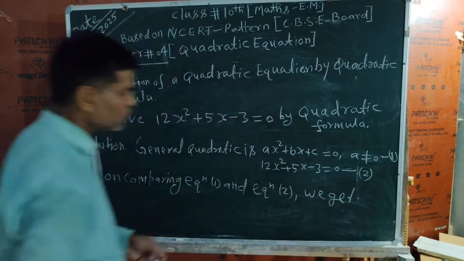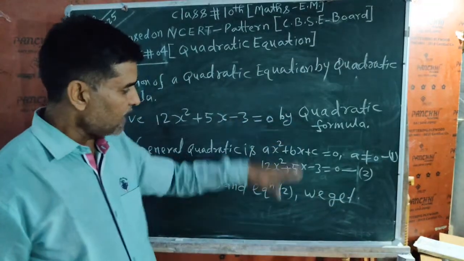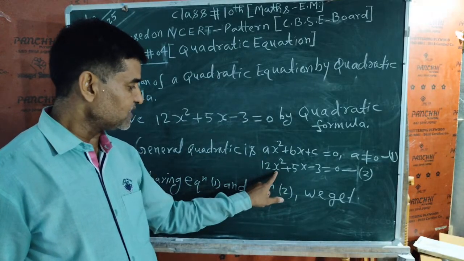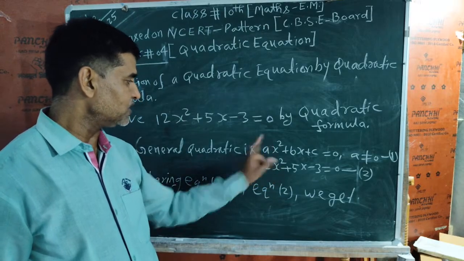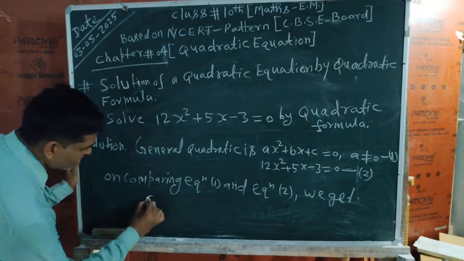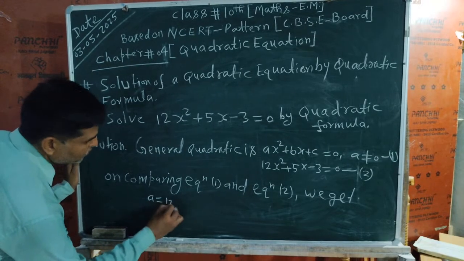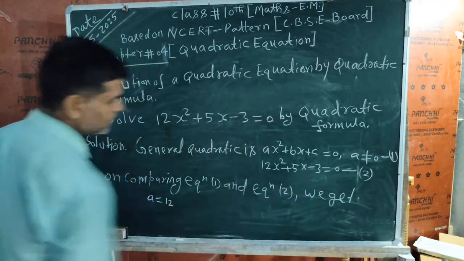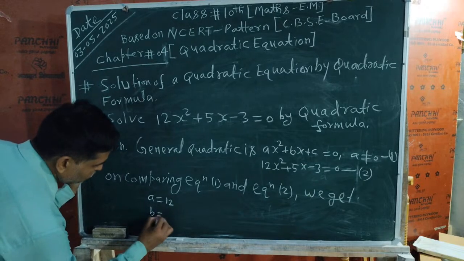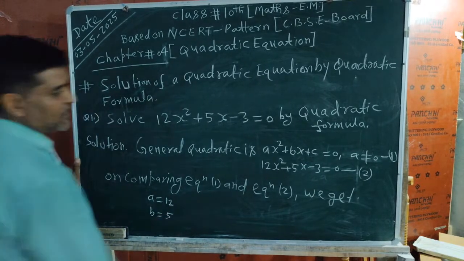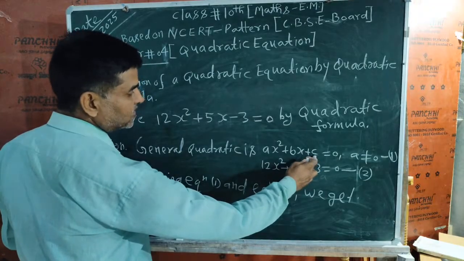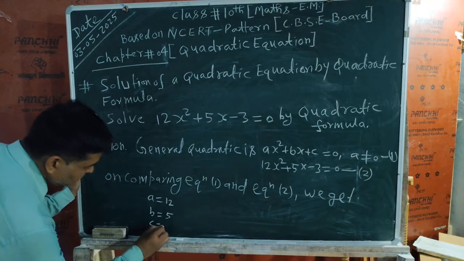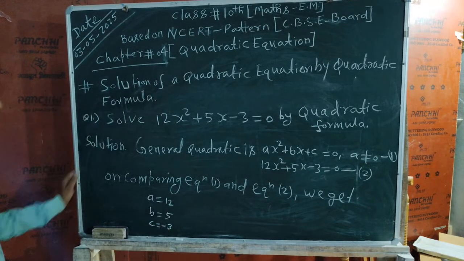Here I have to compare equation 1 and equation 2. The coefficient of x square is 12, and in the general equation the coefficient of x square is a. So I will write the value of a is equal to 12. Now the coefficient of x is b, and here the coefficient of x is 5, so I will write b is equal to 5. Further, in equation number 1 the constant term is c, but here the constant term is minus 3. So I will write c is equal to minus 3. Okay students,